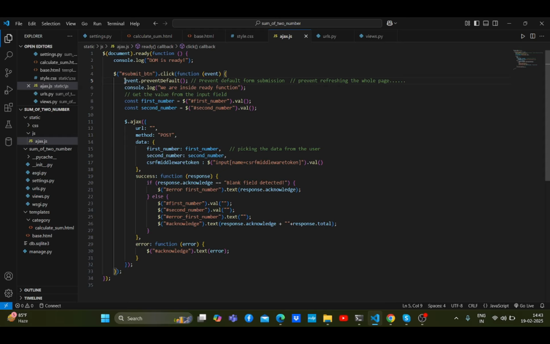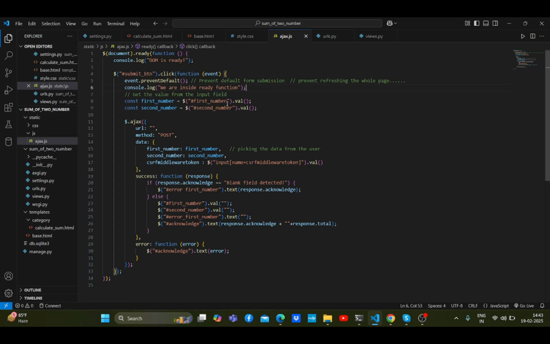To prevent this, we write preventDefault here. This function prevents refreshing the whole page. After that, we print this line,